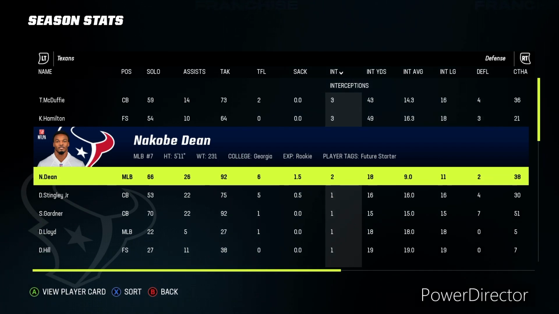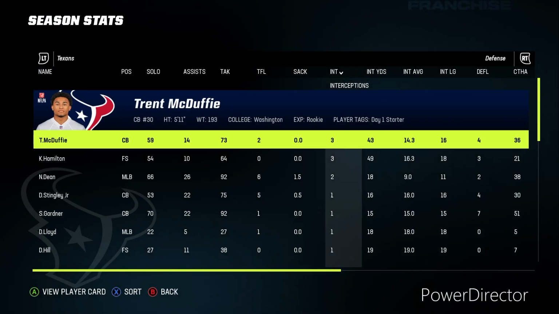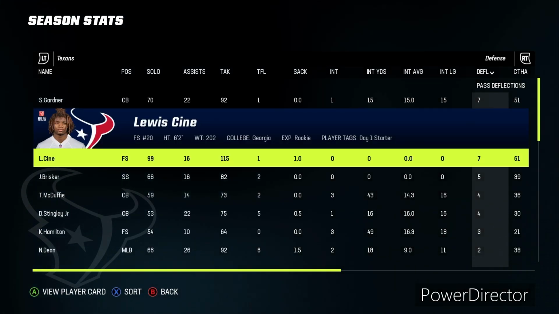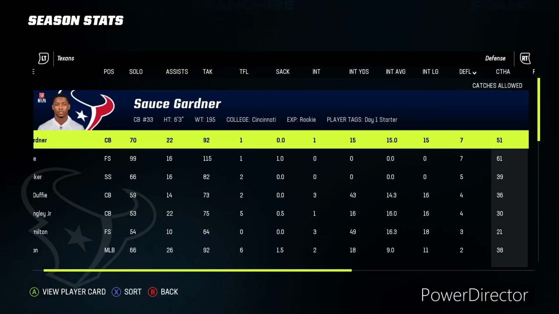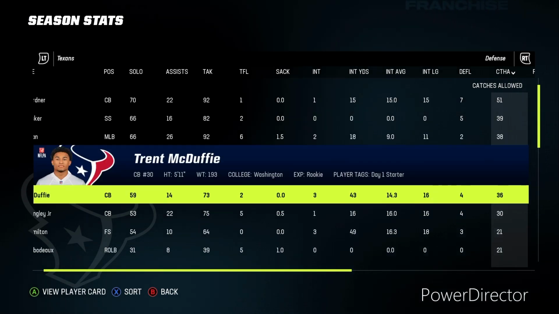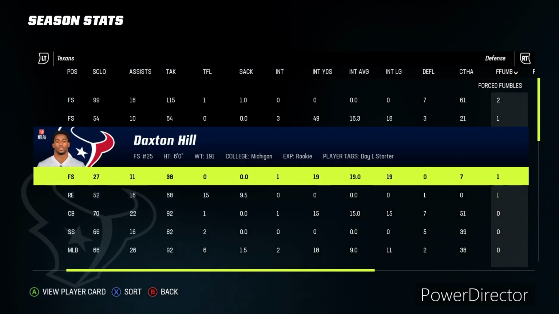Interceptions-wise, we did have a little bit more interceptions. Hamilton got 3. Stingley got 1. I mean, as the year went on, the secondary kind of figured it out. They got a lot better. Just by looking at the stats, you could see that Sauce had a total of 7 passes defended. So, I mean, he really stepped up the game in that aspect, along with catches allowed. Seen allowed the most, followed by Sauce. So, you know, the rookies, I still think at the end of the year that Stingley was our best corner,